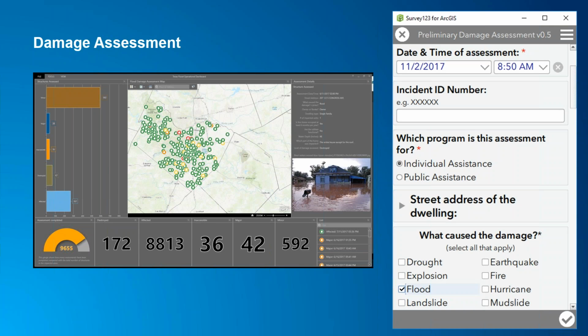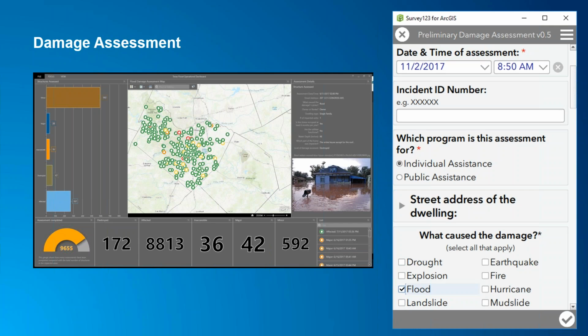The workflow is taking a traditional paper form, in this case perhaps damage assessment, standard individual assistance or public assistance forms, translating that into a digital environment, and then empowering the field staff to survey the damage, collect information,